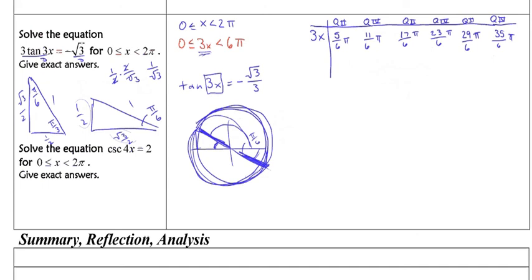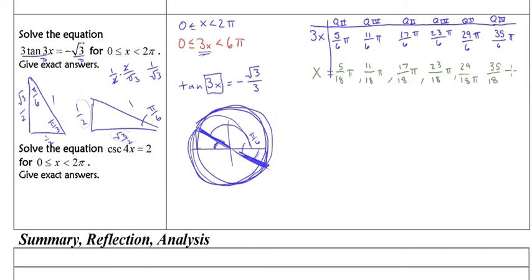We want to get down to just x, so we're going to divide everything by 3. Dividing by 3 is multiplying the denominator by 3, so x equals 5/18 pi, 11/18 pi, 17/18 pi, 23/18 pi, 29/18 pi, and lastly